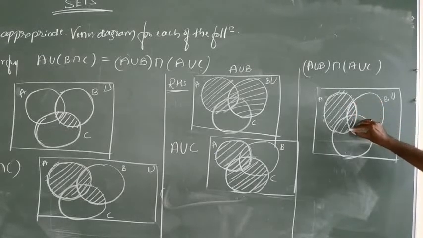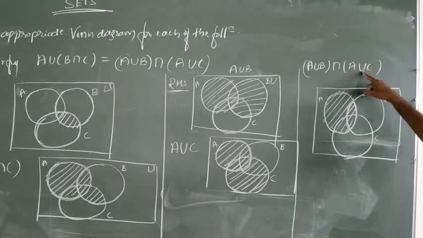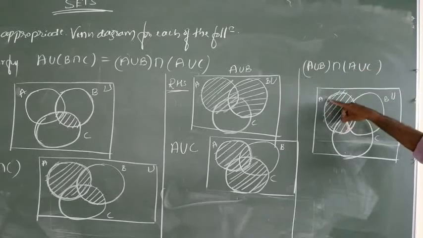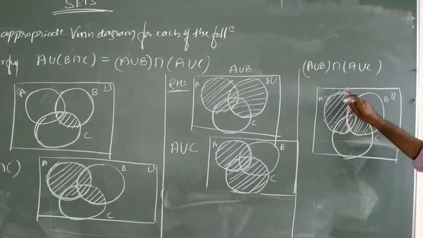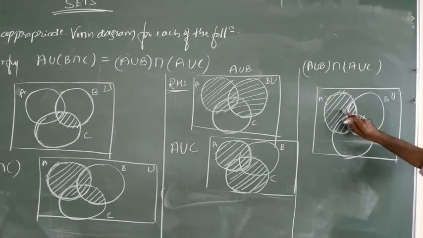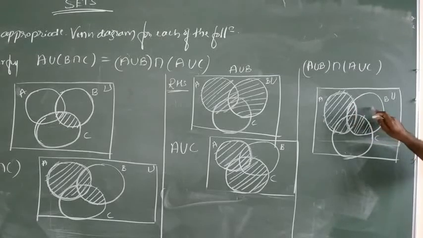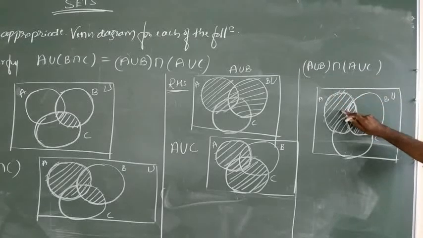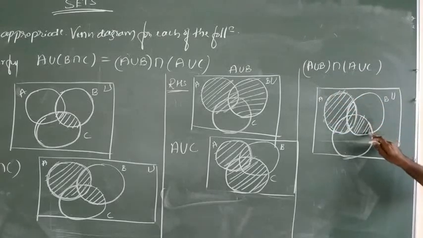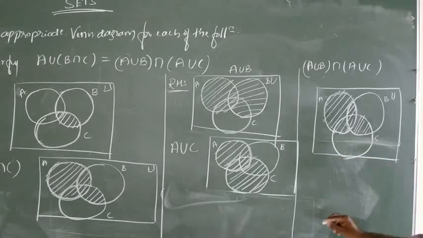A union C means the elements present in A or in C, and A is completely filled. Or in both. So on intersection, what remains is this part, the elements common to both, since A is common and C is only the common part. So here we can say that